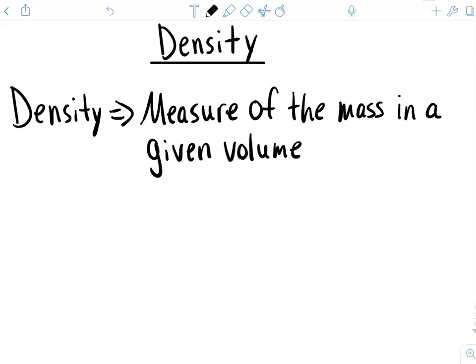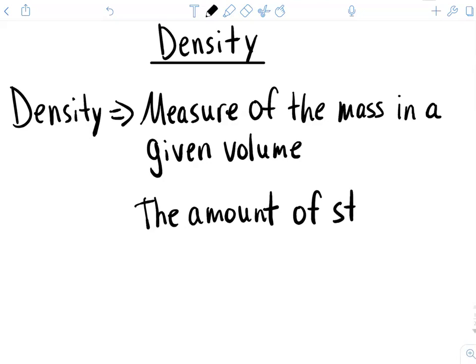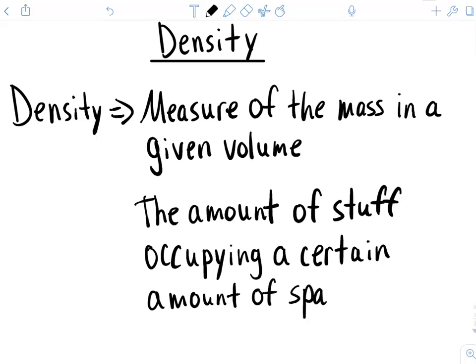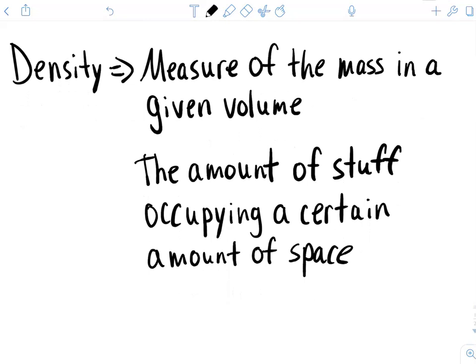Or another way of thinking about this is that it's the amount of stuff occupying a certain amount of space. And the reason why these definitions are kind of interchangeable is because the amount of stuff,